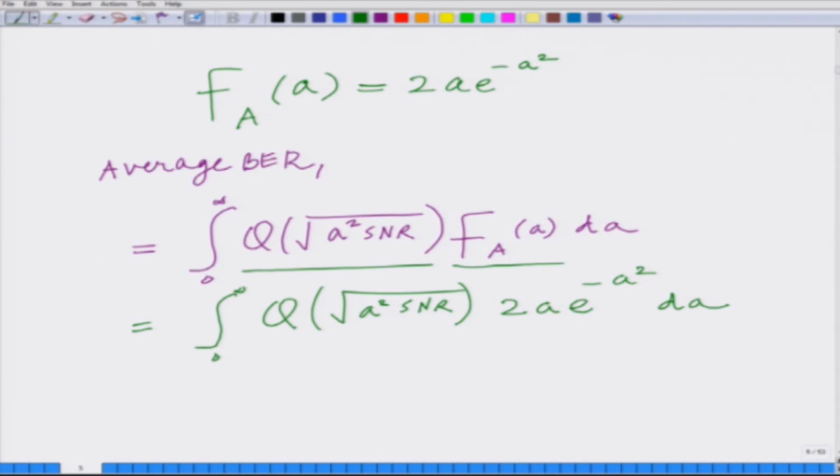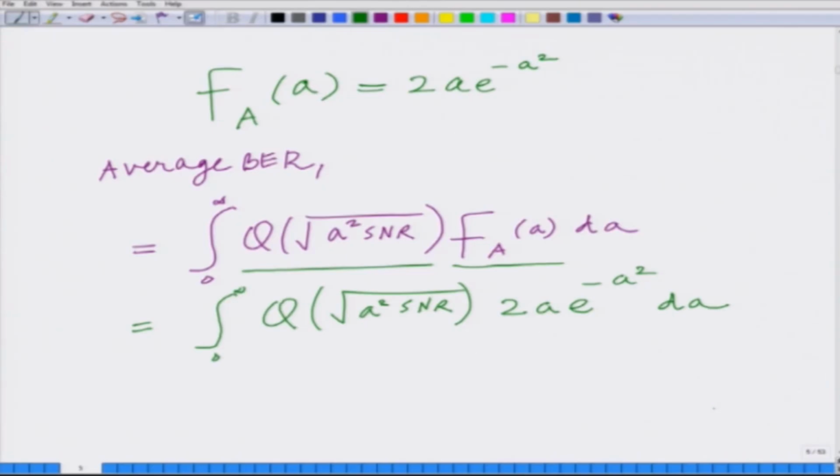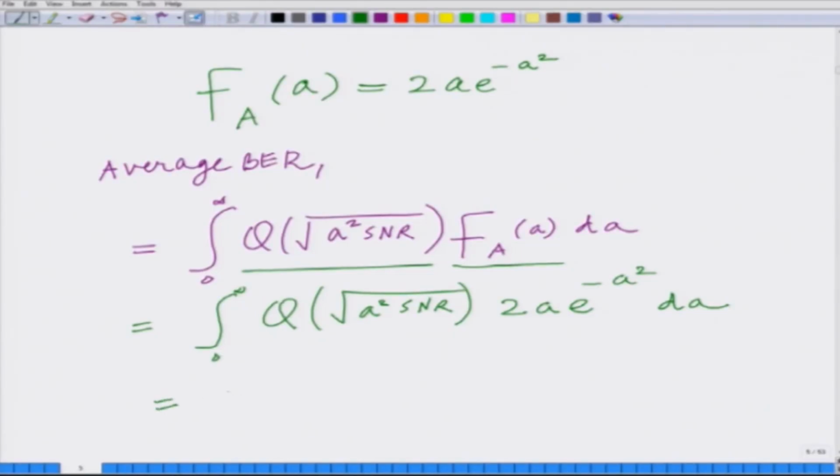And now, I am not going to evaluate this expression explicitly in this module, because evaluating this integral is slightly complicated. I am going to skip this derivation at this point, and I am going to give you the result directly. But for the more advanced viewer who is interested in knowing the complete derivation of this expression, you can look at a subsequent module to get it. For a beginner who is probably not interested in all the minor details involved in this derivation, you can simply follow the result, and the result is given as half